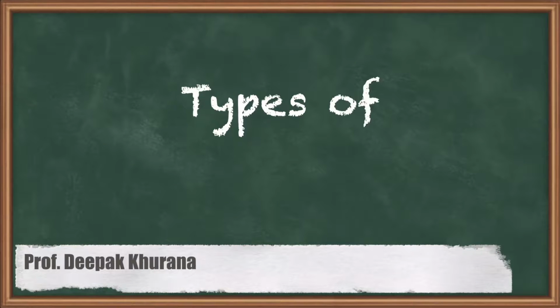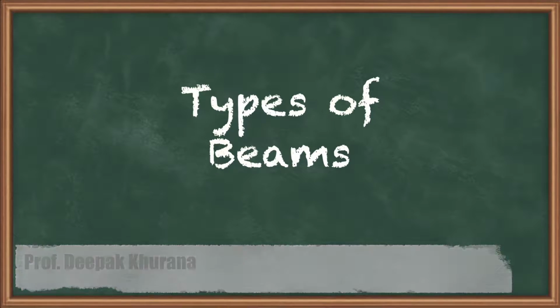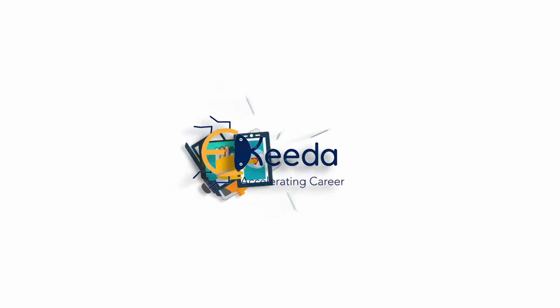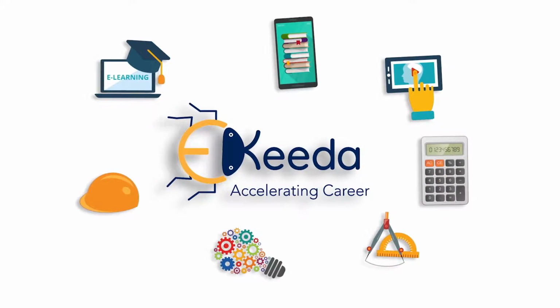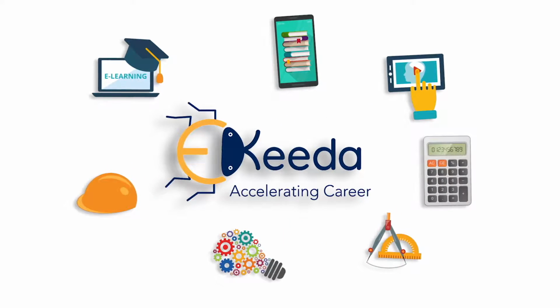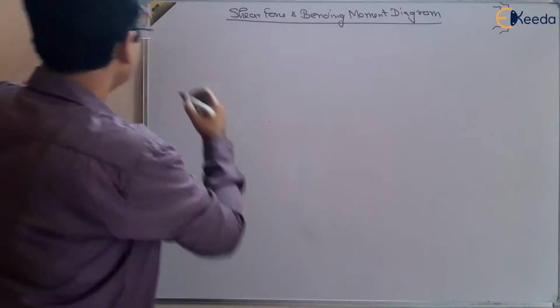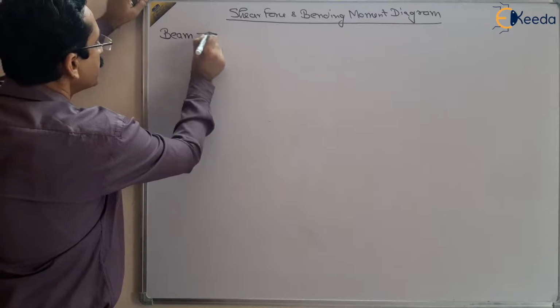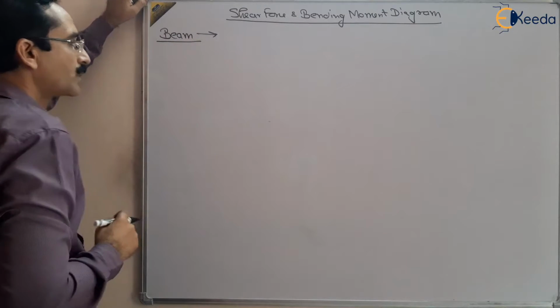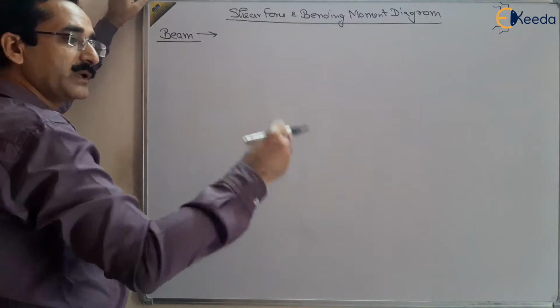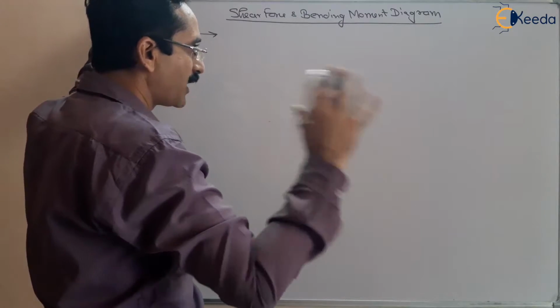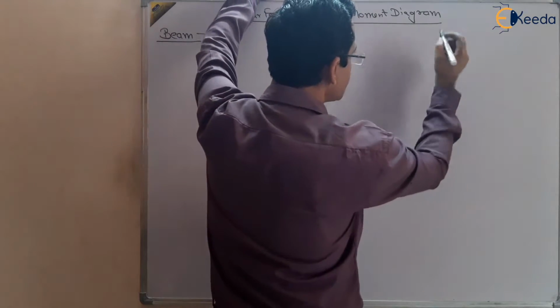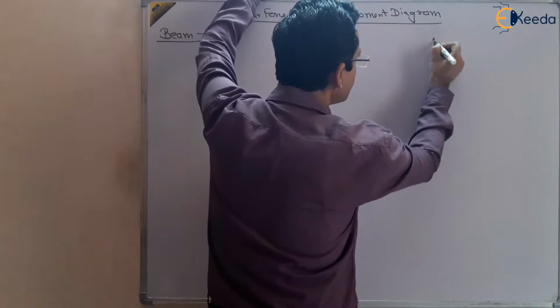In this session, we are going to study the types of beam. So what is a beam? And what is the difference between beam and bar? We have already read about the bar, right? What is a bar? In the first chapter, we were having this type of